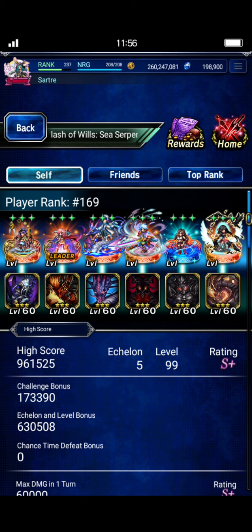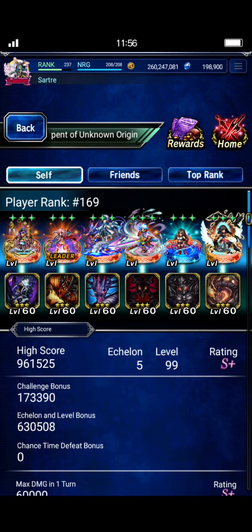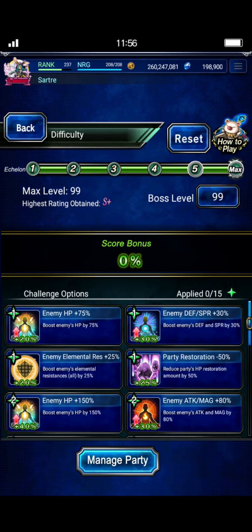But anyways, this is a 3-turn kill team. Again, you can do this one at level 99 with no mods, but I was actually able to turn on 110% with this team, just to get a little bit of extra bonus. So you can try that as well. And so that's what I'm going to do. I'm actually going to turn on 110%, but if you end up dying, just turn off